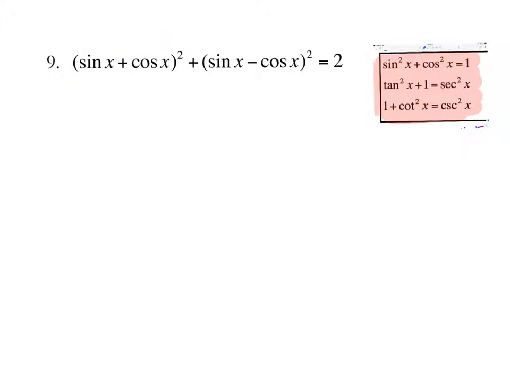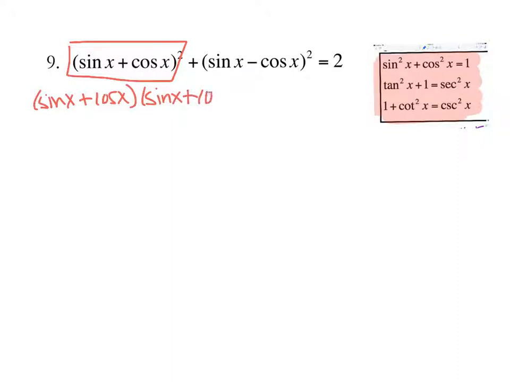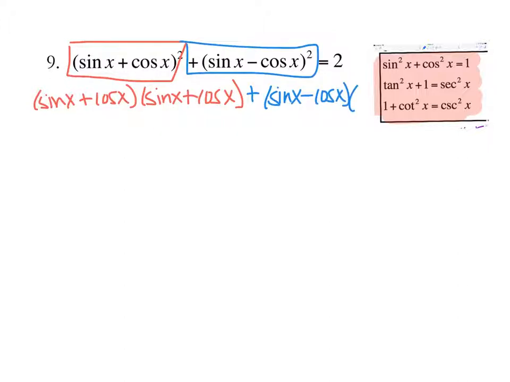All right, number 9. We have lots of foiling to do here. So reminder, when we're squaring something, that means we need to multiply it by itself. So this is really sine x plus cosine x times sine x plus cosine x. Plus, then we have to do the same thing with this one. Sine x minus cosine x times